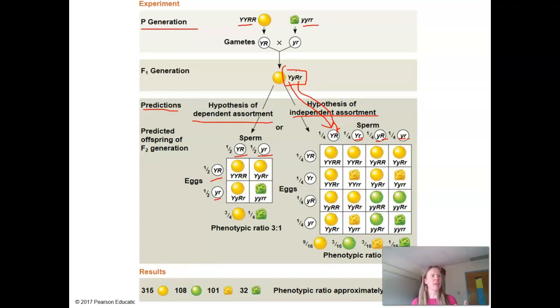I don't have enough dexterity to do this here, but when you try to draw these Punnett squares out yourself, you do the same thing. You ask, what is every possible combination of color and shape in this dihybrid cross that could end up in a gamete? We do that on both sides, and we get this crazy Punnett square. Notice they're always keeping the two color letters together, and then they follow with the two shape letters.